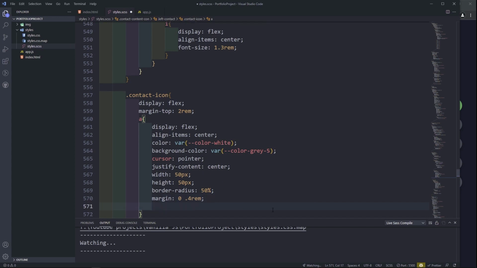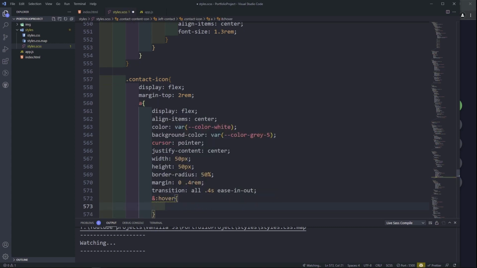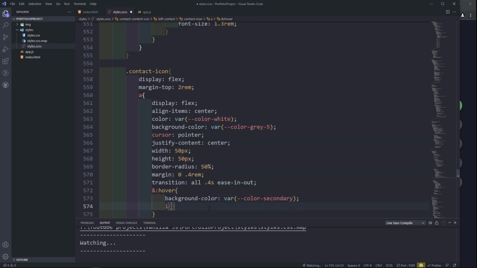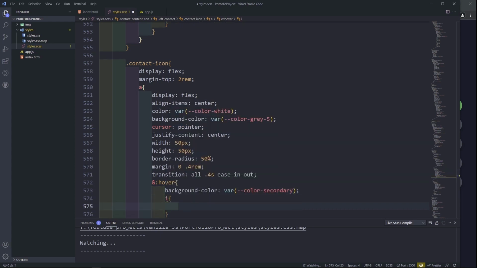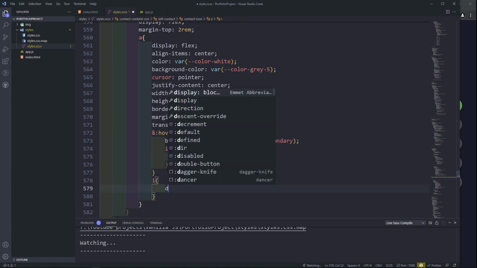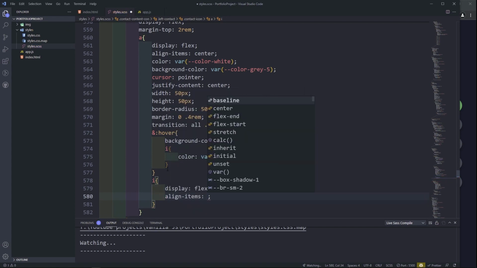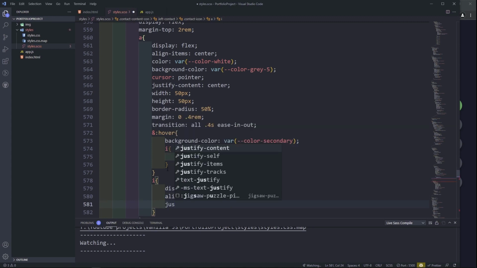Okay, and then we can do the transition, the one we've been doing. Then on hover, when we hover this, we just want to change the background color, and also for the icon as well, we just want to change the color to the primary color. After the hover, just in general, we want to style the icon. We're going to do display flex, align items center, justify content center,